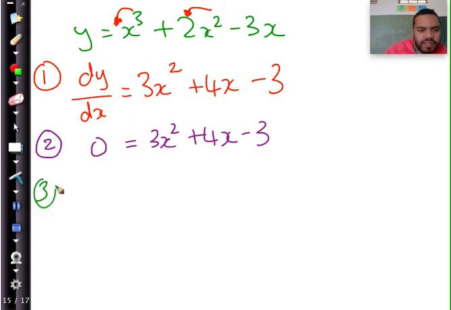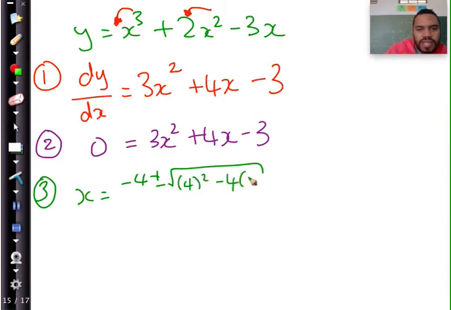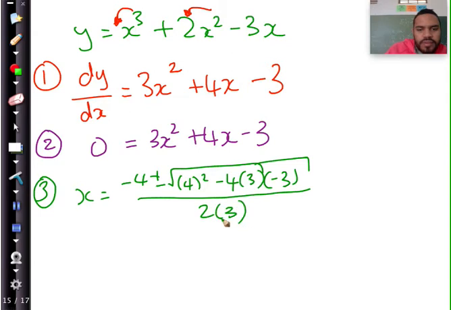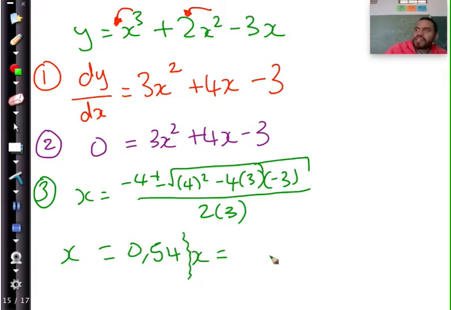So this is solving for x. Step number 3, x equals minus b plus minus the square root of b squared, which is positive 4 squared, minus 4 times 3 times negative 3, all over 2 times 3. Okay. And then we get two results, x equals that or x equals. When we work this out, we get 0.54. And the other one is